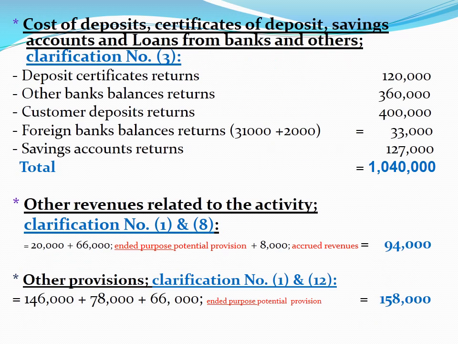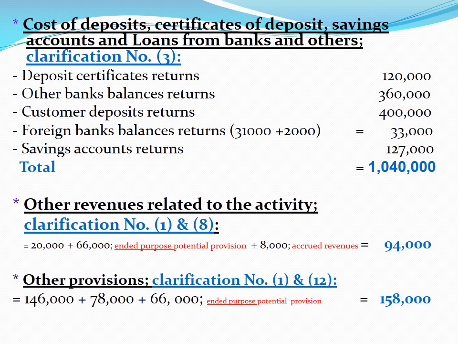Still, there are three adjustments. Cost of deposits, certificates of deposit, savings accounts, and loans from banks and others, clarification number 3. All are balances from the trial balance except a small adjustment. Deposit certificate return from the trial balance. Other bank balances return from the trial balance. Customer deposit return from the trial balance. Savings accounts return from the trial balance. Foreign bank balances return